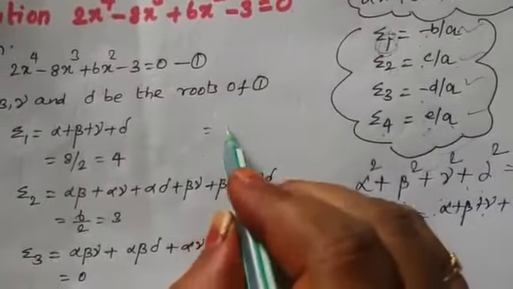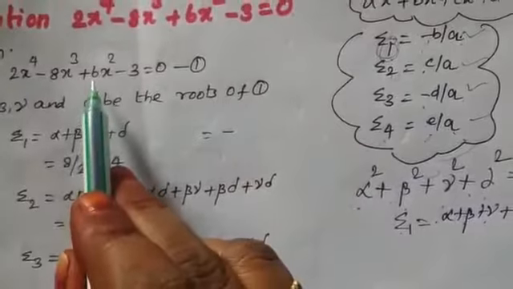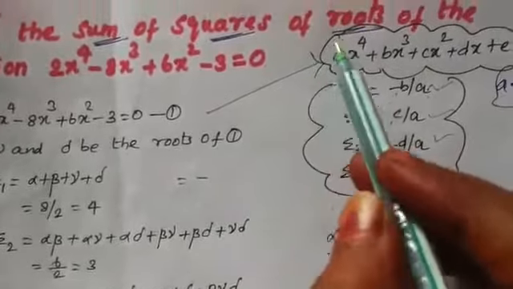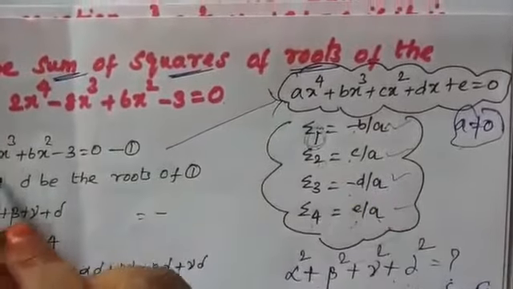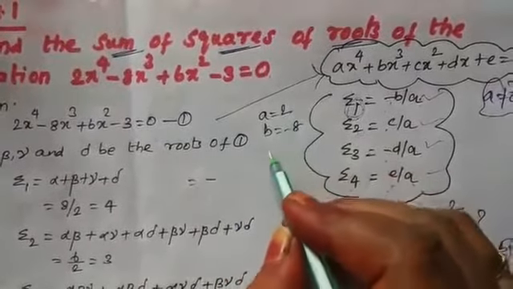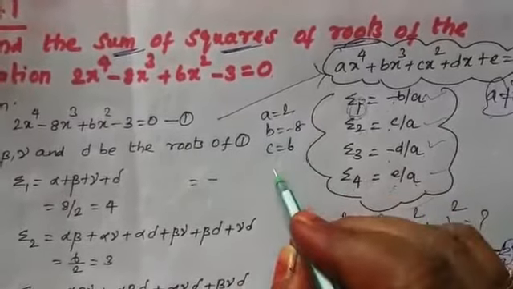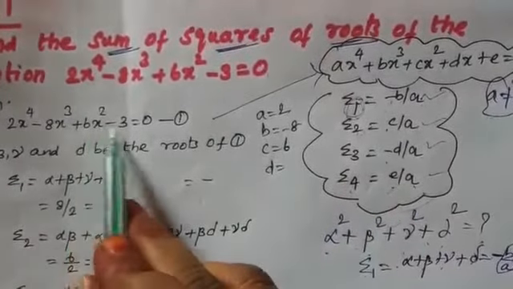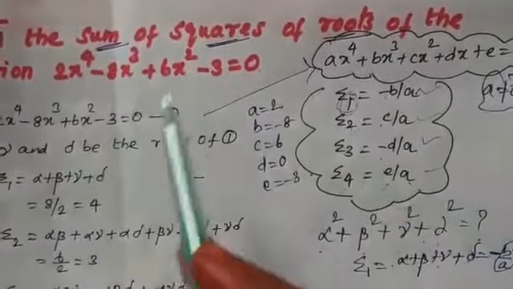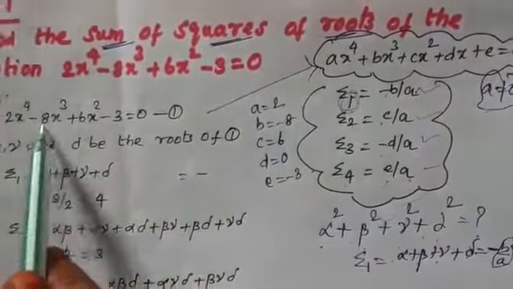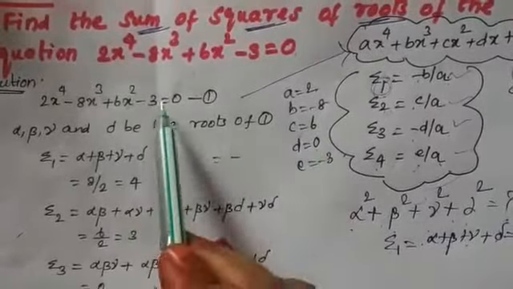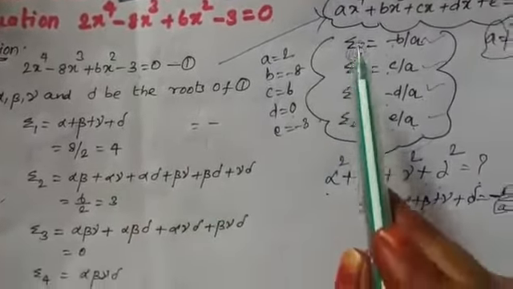So minus, what is b here? If you compare this polynomial equation with the general form, see, coefficient of x power 4 is a. So when you are comparing here, what is a? A is equal to 2. B is equal to minus 8. The next coefficient is C. C is equal to 6. The next coefficient is x square. X is missing, so I am writing D as 0. The next one, constant term is minus 3. So now comparing this with the general form, we are going to write a, b, c. See, x power 4, x cube, x square, x term is missing. So I have written d as 0 and e to be minus 3. Okay, good.